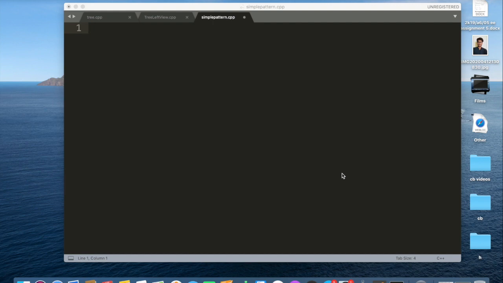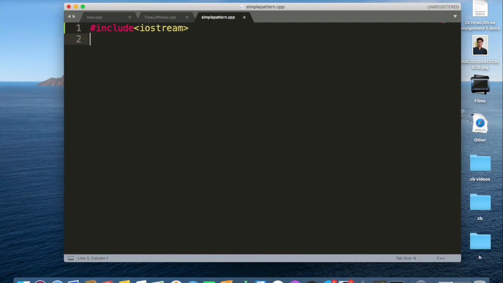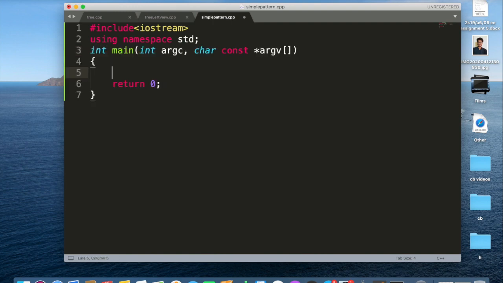Okay, so let's see the implementation of the pattern. I'm using Sublime Text as my coding IDE. You can use any IDE. So let's start. First of all, hash include iostream for input output stream, then using namespace std, and main. We're going to take an input n, that is the number of lines,